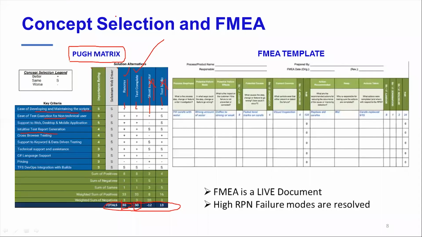There is one more tool, which is FMEA. I'm not sure whether you have heard of this. There can be design FMEA, design failure mode and effects analysis, or process FMEA. But what you try to do in FMEA is,